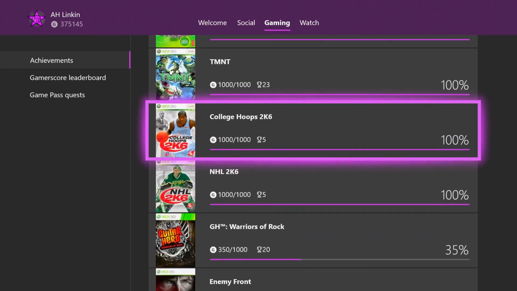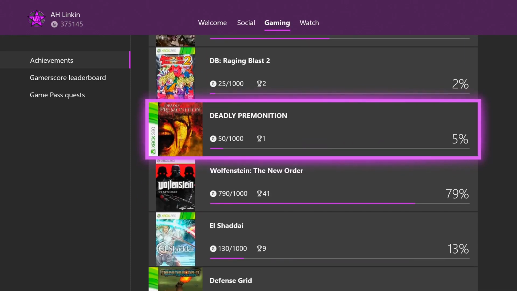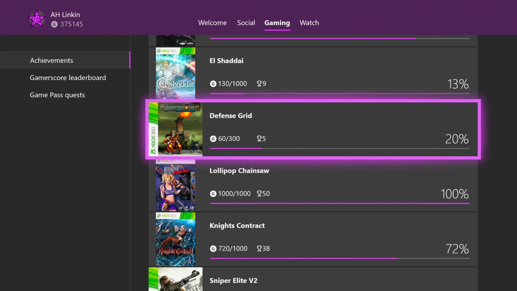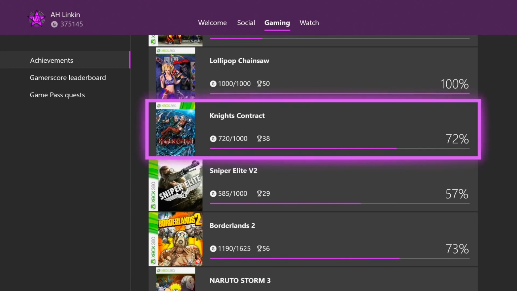Guacamelee, Football 10. Oh, man, look at all this. Enemy Front. Deadly Premonition. El Shaddai. Fuck that game, dude. Fuck that game and its fat ass. Lollipop Chainsaw, good completion. Knight's Contract, there's that game I've referenced a few times, which is basically just that girl